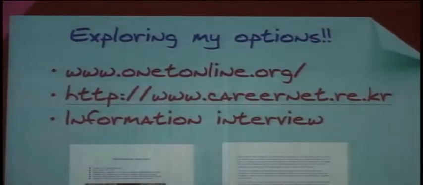So now you have pretty sound knowledge about yourself, and it is time to explore the options which can reflect my interests, values, and skills. And I strongly recommend the onetonline.org website because you can get very comprehensive occupational information there. Please try it out. You can get a lot of information from websites or books, but sometimes you don't feel that's enough. So that's why I integrated information interviews into my English classes.